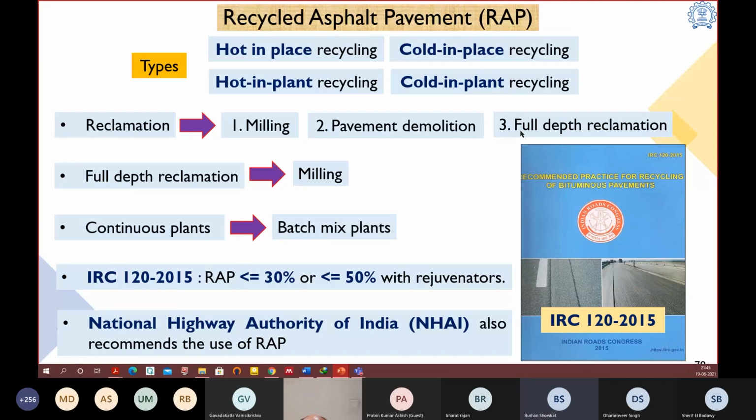There is a major difference between full depth reclamation and milling, because in full depth reclamation, the entire depth of the pavement is being removed, whereas milling enables us to remove a certain bituminous layer and other granular or bound layers, enabling us to make a distinction between them. And therefore, it may be easy for us to stockpile the materials if we are milling the layers of the